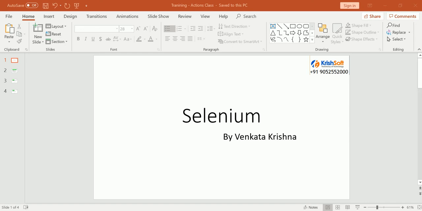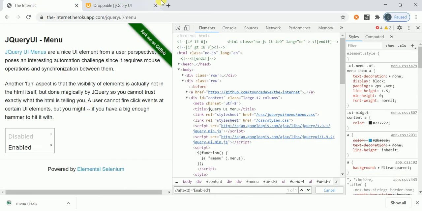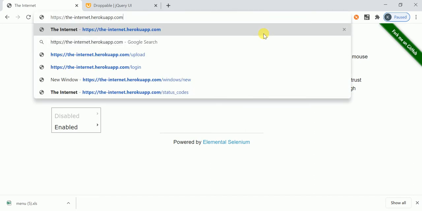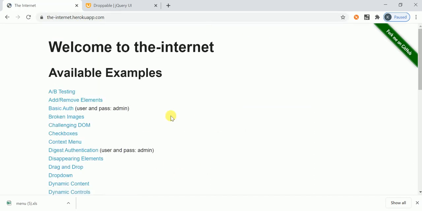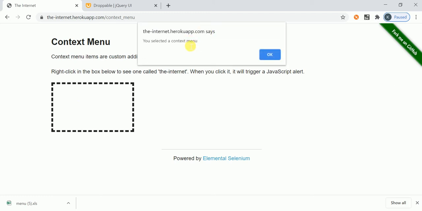Let me show you a sample application on the internet application only. Let me close this. Let me launch the application. Here you can see the context menu. Select that. This is the context menu. When you right click here, see what is happening. You selected a context menu.